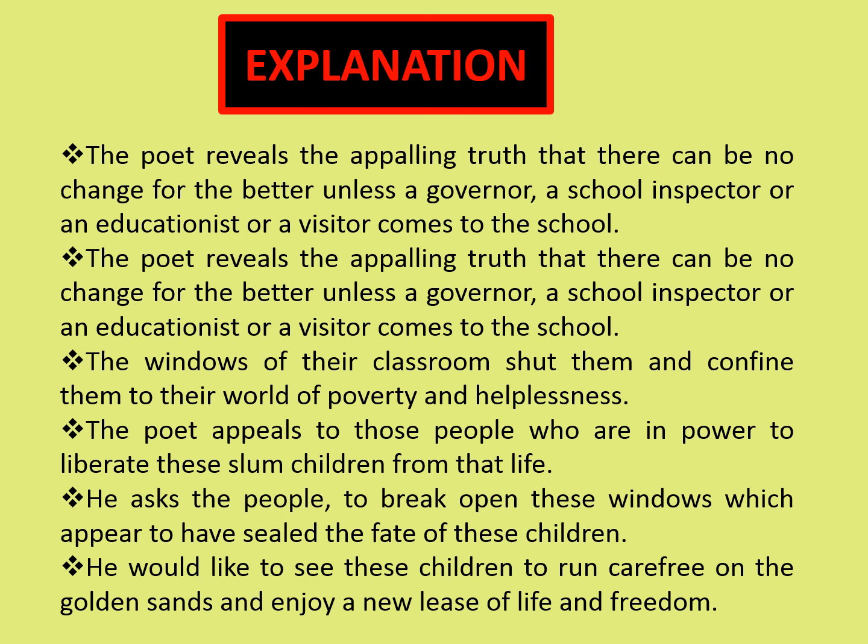So here the explanation says the poet reveals the appalling truth that there can be no change for the better unless highly powerful people come together. Then he says the windows of this classroom shut them. So we need to do something for these children who are in the world of poverty and helplessness. The poet appeals that those in power need to liberate these slum children from that life. He asks people to come and break these windows, which appear to have sealed the fate of these slum children. He would like to see these children run carefree on the golden sands,